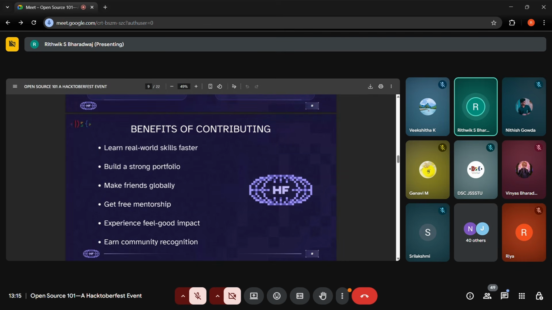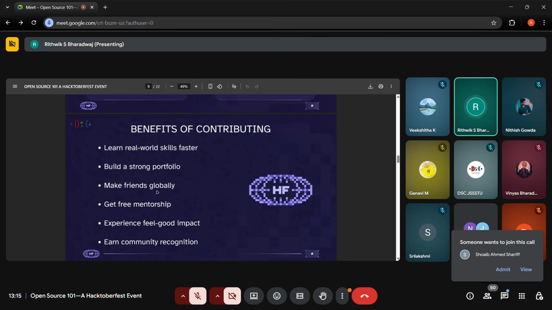So when we also get into this whole Hacktoberfest, Girl Script Summer of Code, you'll realize that you'll work with lots of other contributors side by side, right? So it kind of helps you build connections. You'll make a lot of friends, a lot of peers who kind of share the same interest in building software, writing good code. That's kind of also the point, right? College clubs that we have over here in the college, you want to be with like-minded individuals. And when you're with like-minded individuals, you're actually more motivated to write code. So that is one of the things.